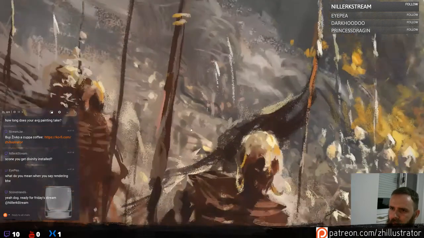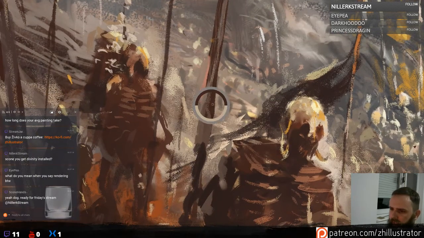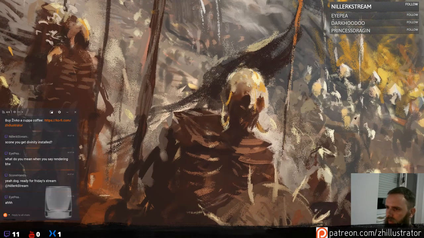If I want to make this look like wood, I add some stripes and then I make it look like wood. I mean, this doesn't look like wood, but I can spend some time rendering and it can look like wood.